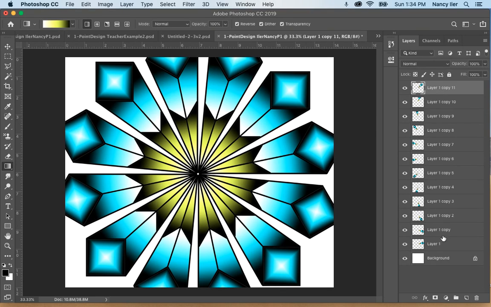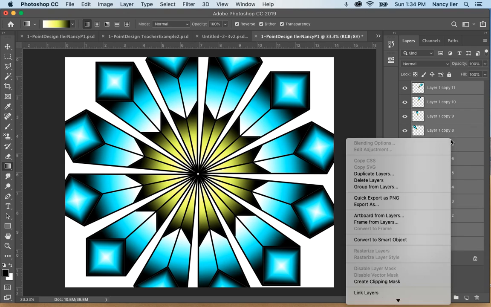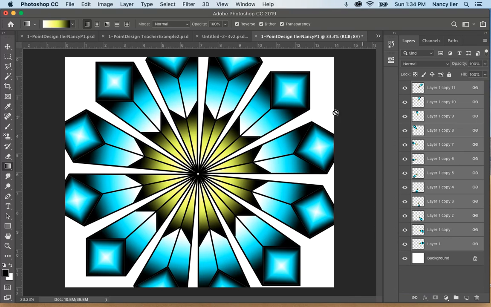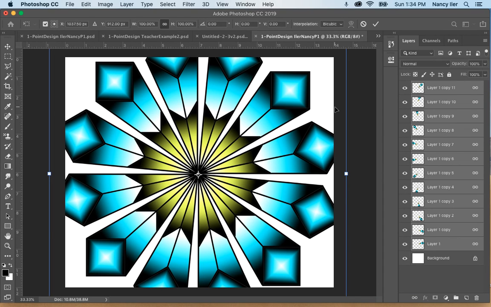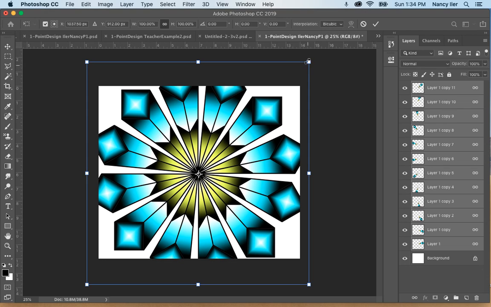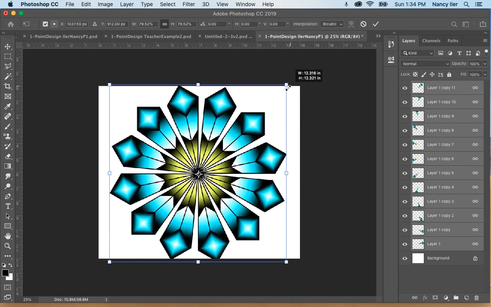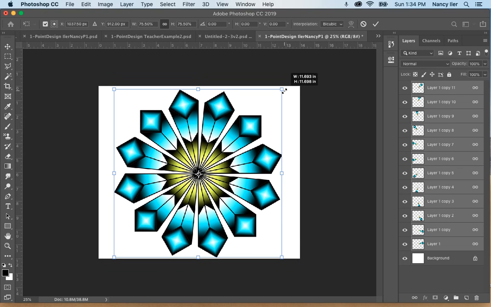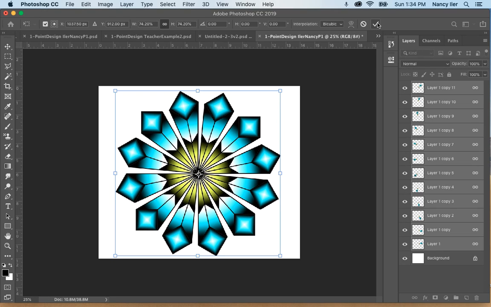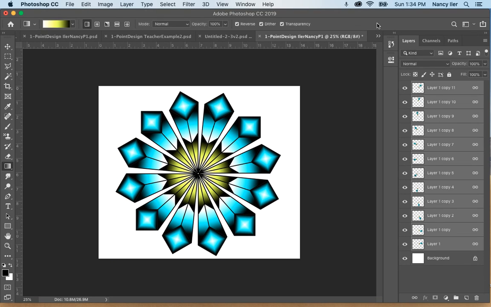So I want you to come over here, select your top layer, and then hold down the Shift key and select the bottom one. Don't grab your background. And then right click and go to Link Layers. Okay, when you link your layers, now I want you to Command T, and hold down Shift or hold down Option, depending on what version you're in, and then bring down your design so it's on the paper. Okay, so something like that. Okay, and then enter or check mark. Okay, once you have that,